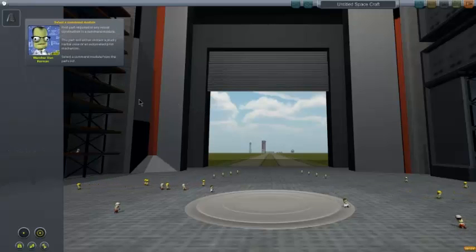The first part required in any vessel construction is a command module. This part will either contain a plucky Kerbal crew or an automated pilot mechanism. Select a command module from the parts list. Now the parts list is over here on the left of the screen. This is where you're going to be able to find...